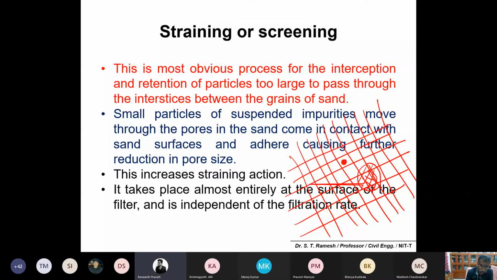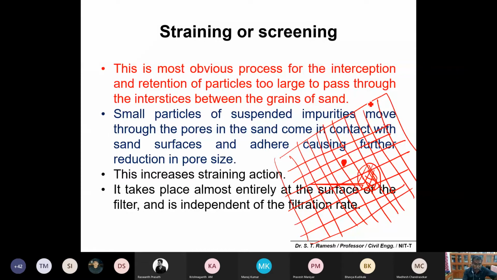Yes, sir. Okay, small particles will move down. Anyway, those small particles will escape, and they are subsequently removed at the other depths. I have resembled this here. You can assume that the top layer of the sand will look like this. It is also packed with uniform-grained soil, and the pore size will also vary. So if a particle escapes from here, sometimes it will also get trapped at the next level of your filter bed itself. That's what I told you many times about depth filtration. So particle retention may happen throughout the entire depth of your filter bed.